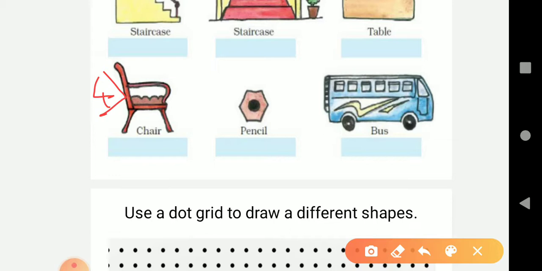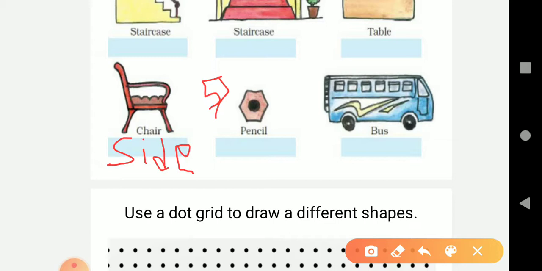It is the top side or front view of a chair. Yes, when we see the chair from the side, it looks like this. Okay, so we write side view for the fourth picture. Okay, this is the fifth one. It is a picture of pencil.